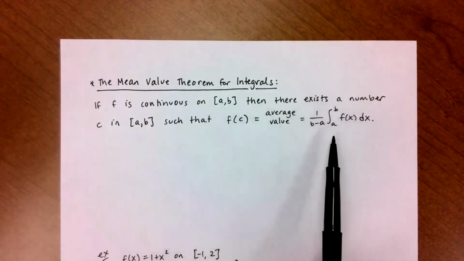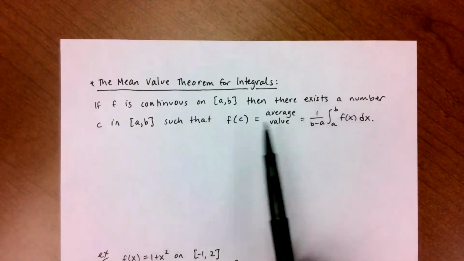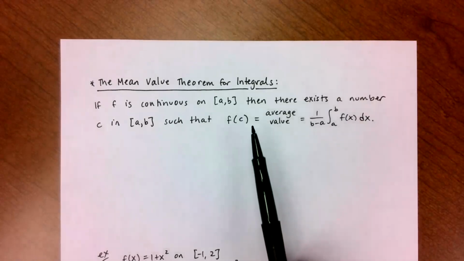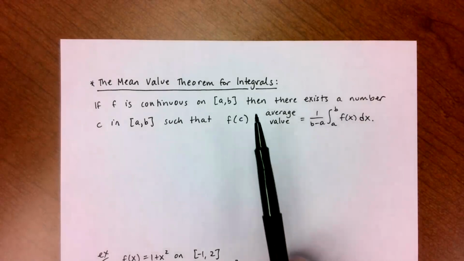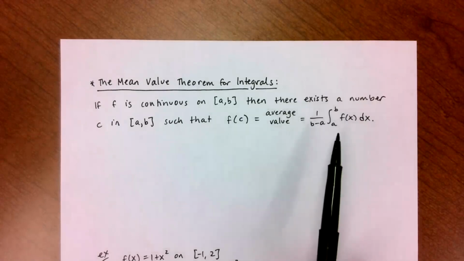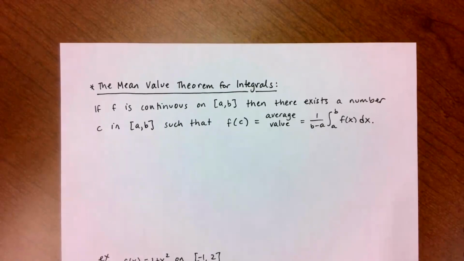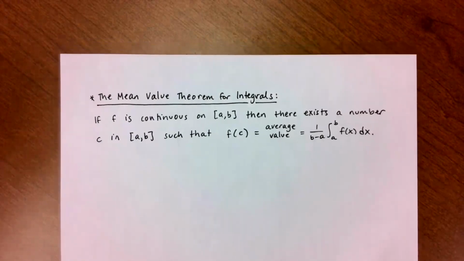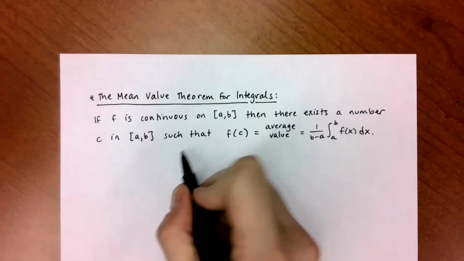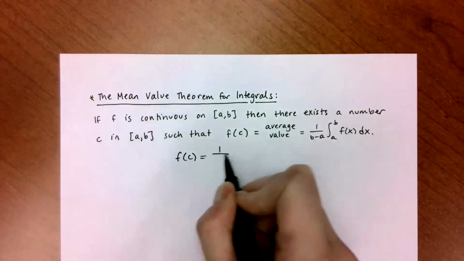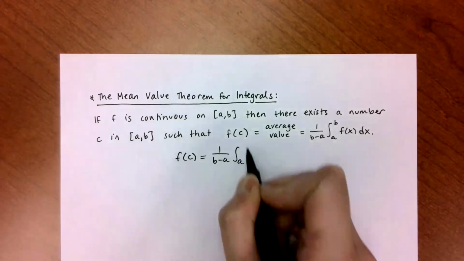And it's called the mean value theorem for integrals because it has so much in common with the original mean value theorem, which said somebody's derivative is equal to the average slope. It has really similar vibes here. So a couple of comments here. One thing, if we say f of c equals this average value formula,